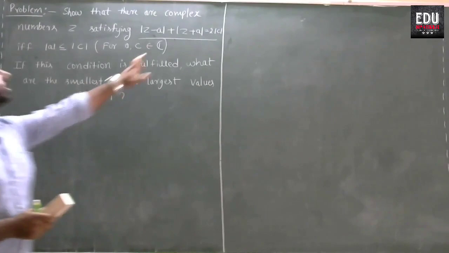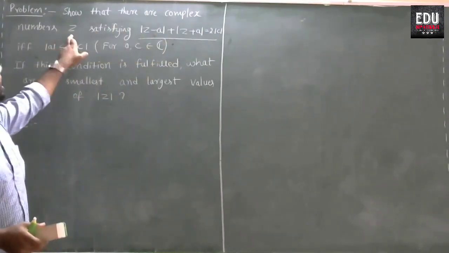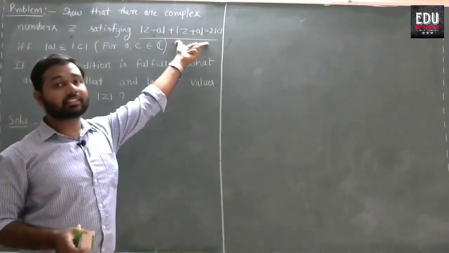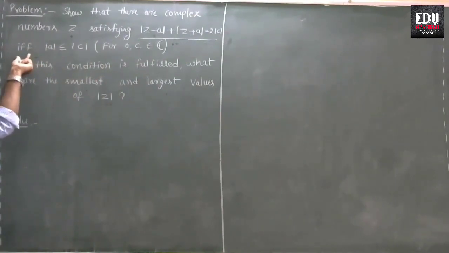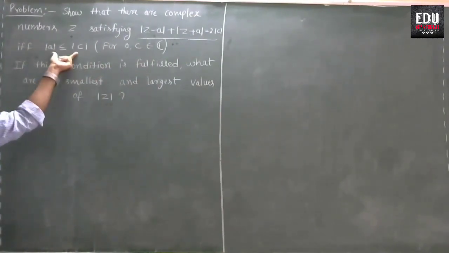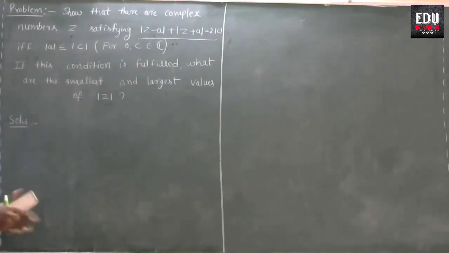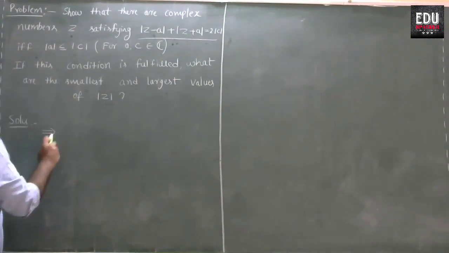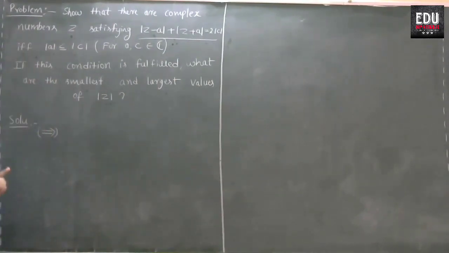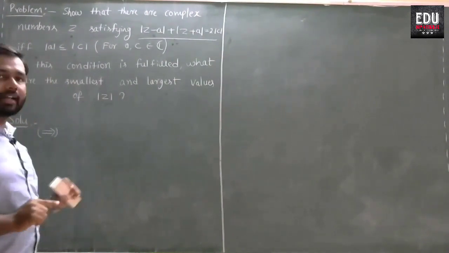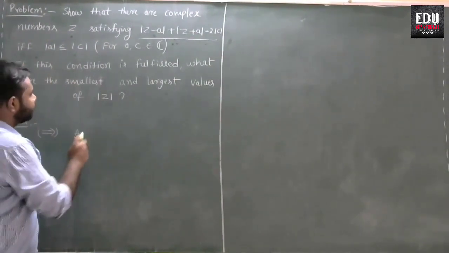So first we shall prove this result. We shall prove that there are complex numbers satisfying this equation if and only if, provided, modulus of a is less than or equal to modulus of c. So in the direct part, as it is an if and only if condition, there are two parts. So in the direct part, assume that